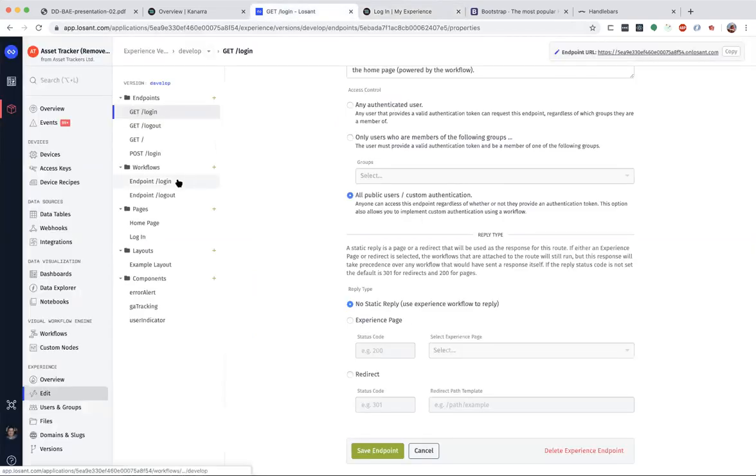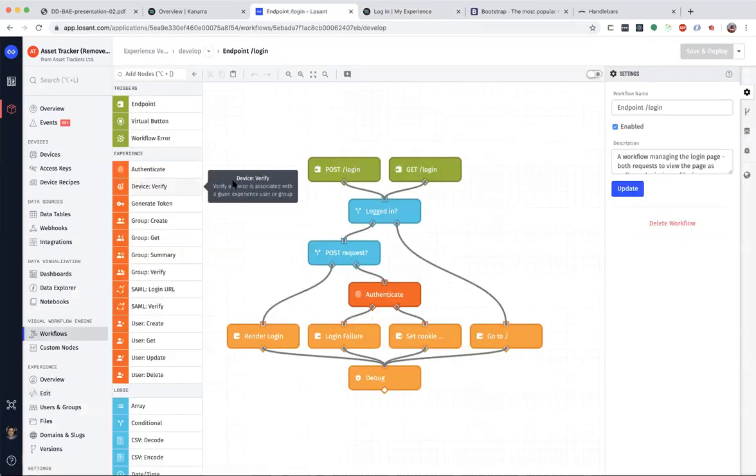And I'm just going to open the workflow before we go any further here. So this workflow here is responsible for replying to any requests made to either my GET /login endpoint, which is the one we touched on before, or my POST /login endpoint, which is the same route but a different HTTP method. Just a quick note on